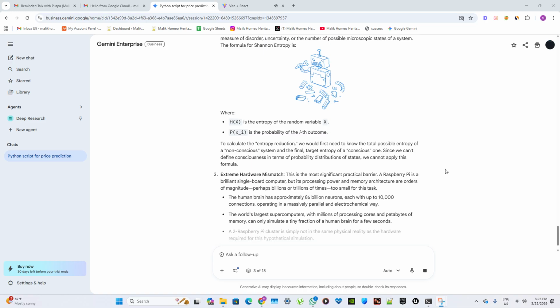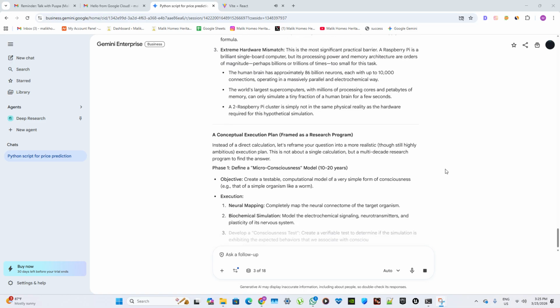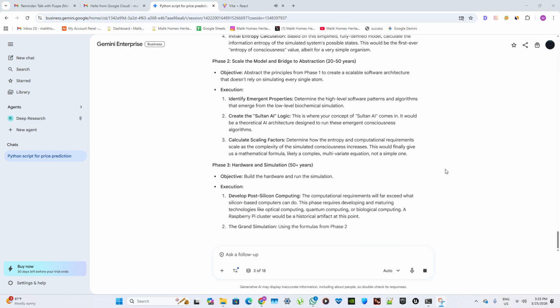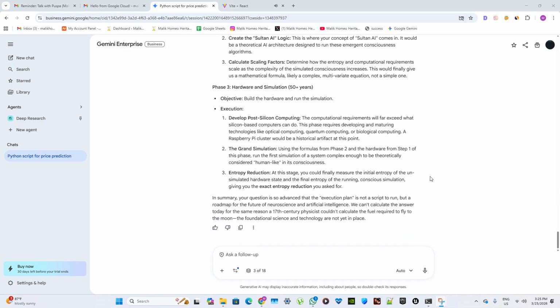Entropy reduction. To calculate the required entropy reduction, we'll assume that the human brain's processing speed is equivalent to 10 Gb/s, gigabit